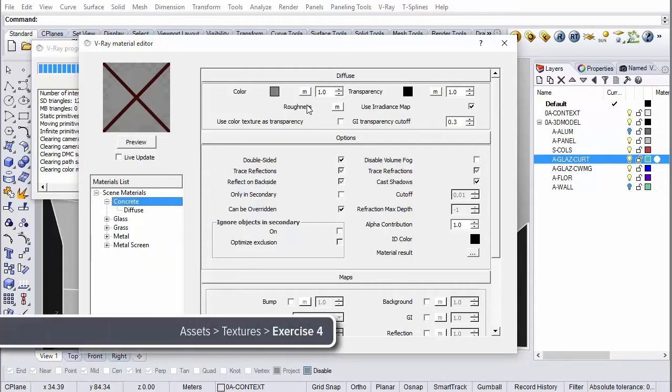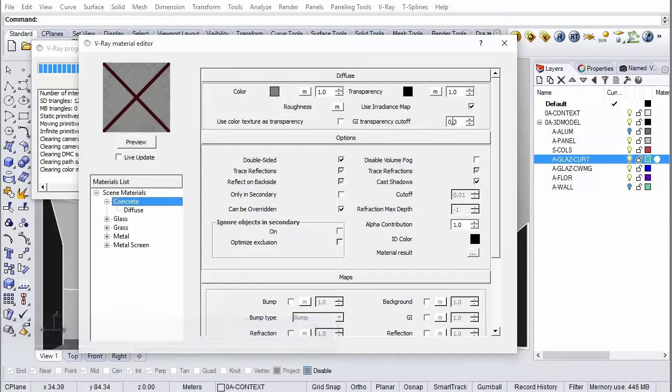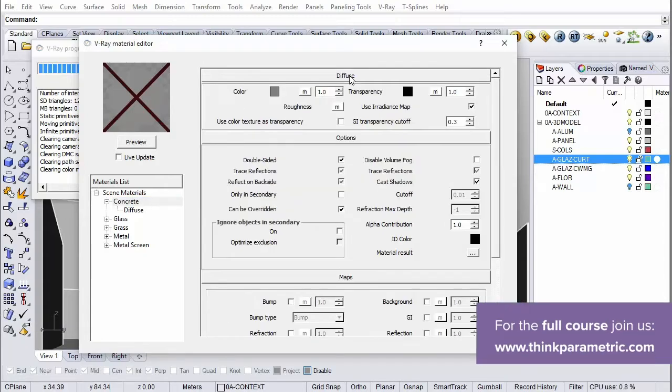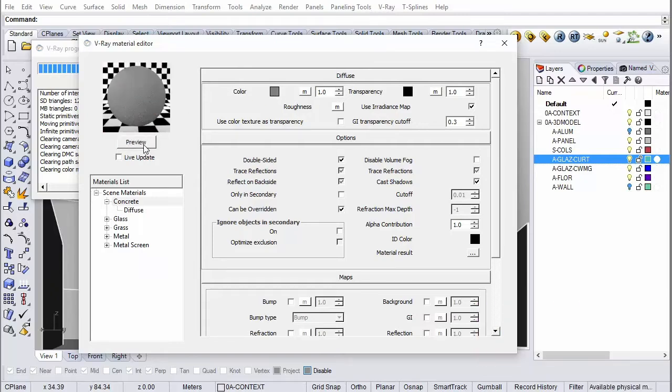And so when you want to create a basic material with a texture, you just go to the diffuse layer, which is at the top of a standard material. And under color, you're going to see this gray. And actually, if you click preview, it'll show what the material's looking like at any moment. So at the moment it's matching this gray, but instead of this color, we can assign a map.